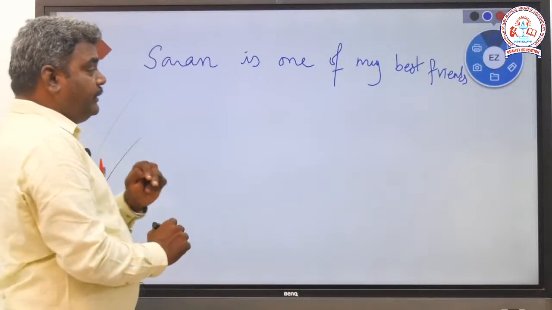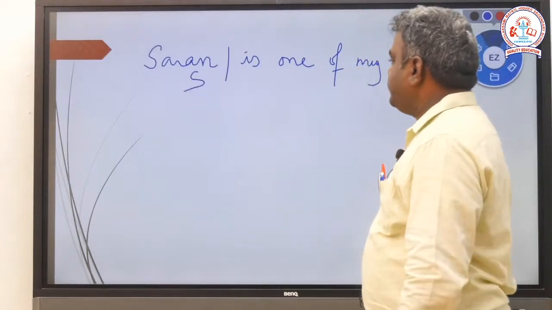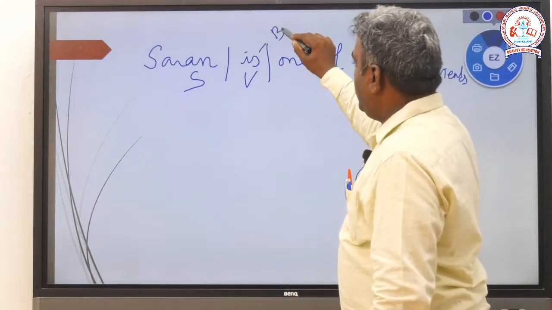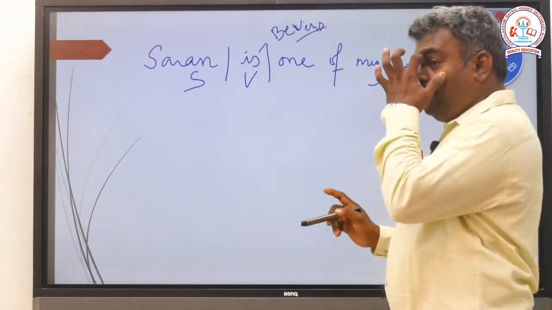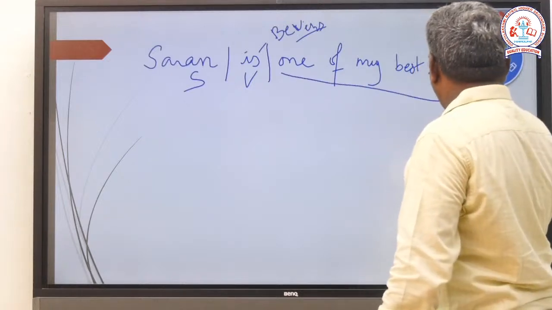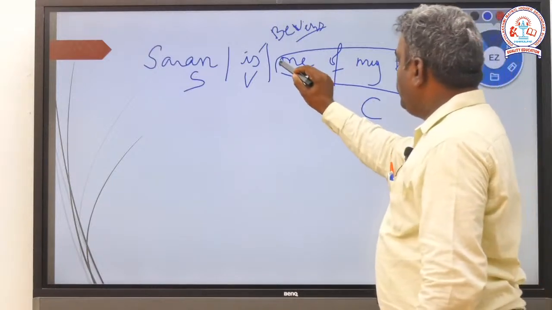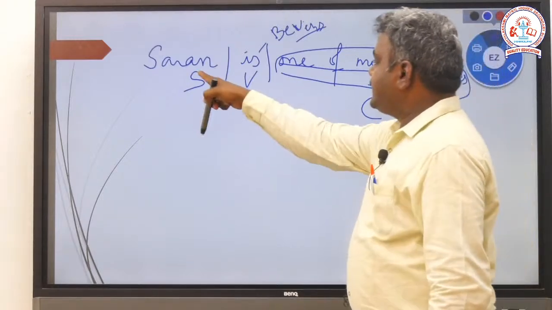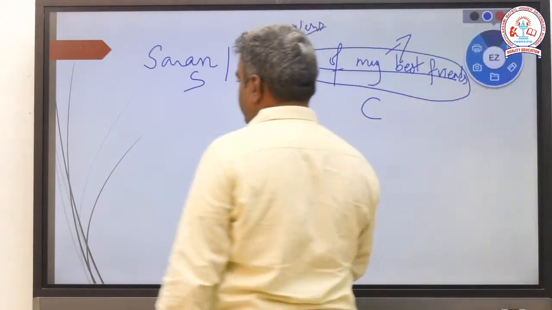What is the answer for this sentence? Sharon, subject. Is, verb. I told you very clearly, is a be verb. So after the be verbs, we must find only the complement. One of my best friends. This is C. If you remove this phrase, the sentence is incomplete. Next thing is,